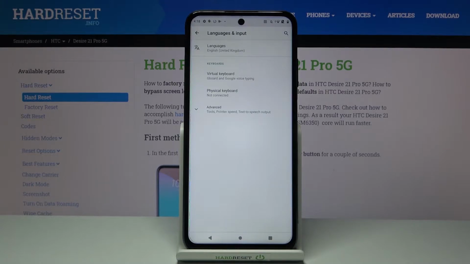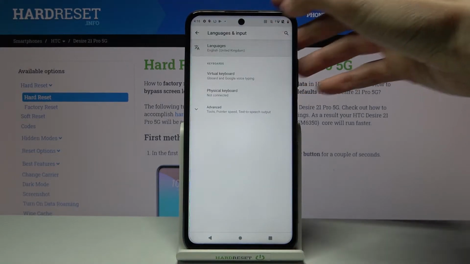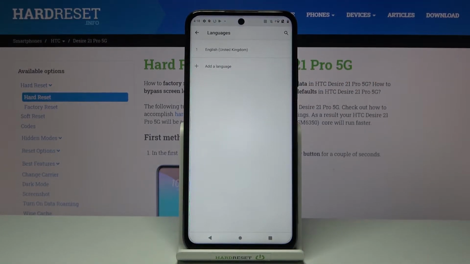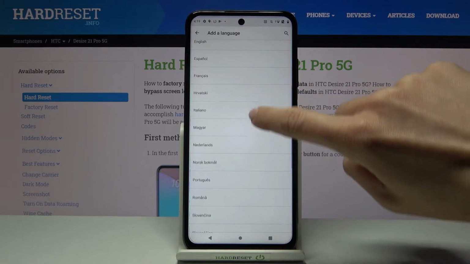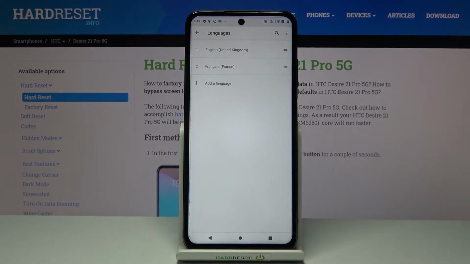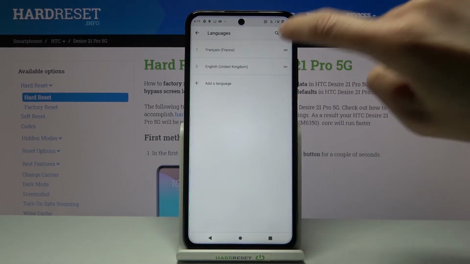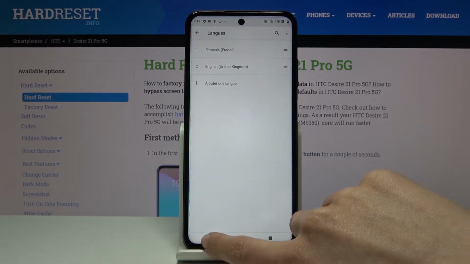Here, just click at the icon at the top of the list, which is Languages, and now, by selecting Other Language, you can pick the one that you want to apply. So here you've got all of them, and let me pick, for example, French. Now slide it up to the first place to make it a default language, and from now on, the whole